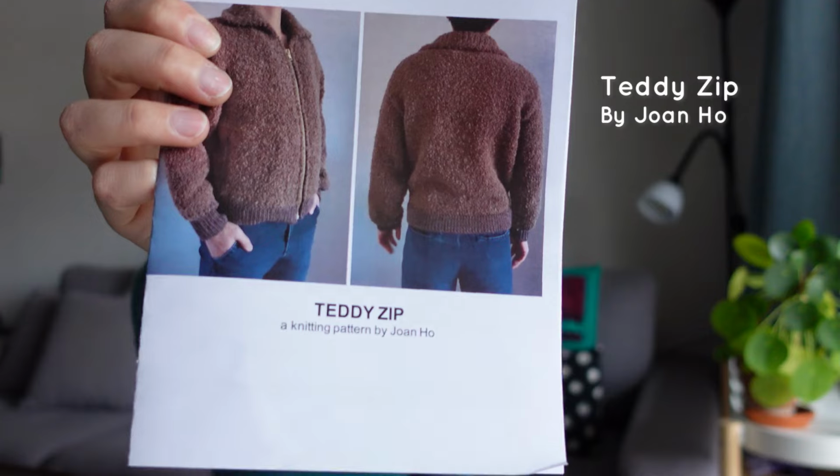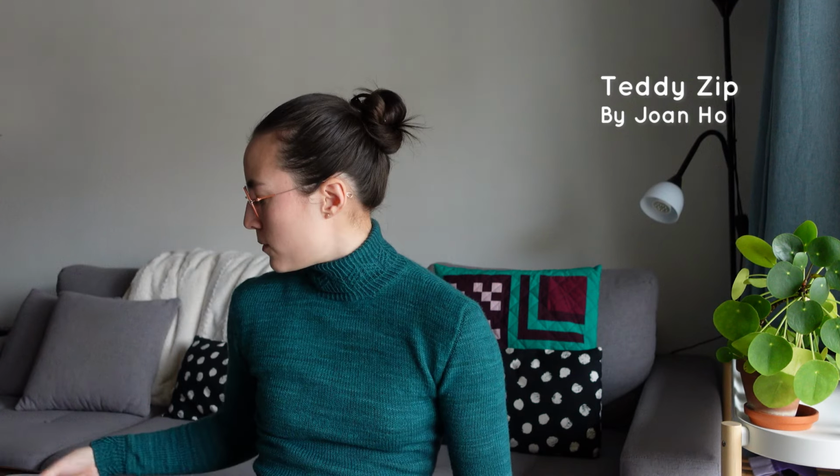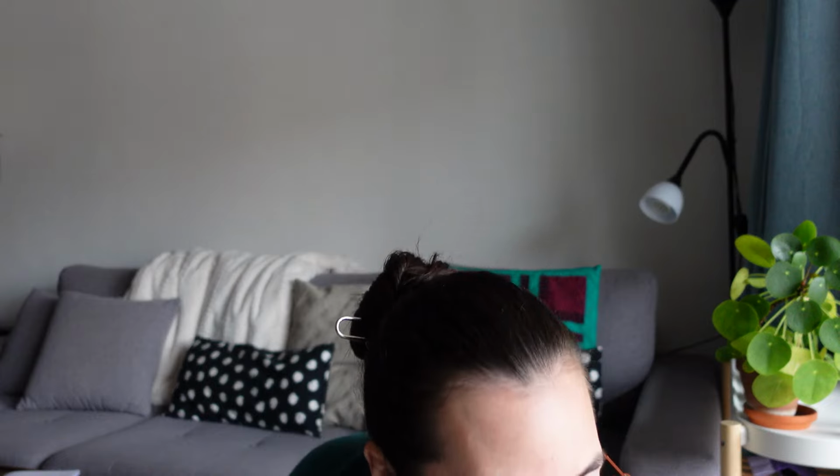which is actually not bigger because I have just started it this morning, so it's still at a very, very early stage. And it is the Teddy Zip by Joan Ho. I wanted to cast this one on for a long time. I have talked about it for quite a few episodes now. I have shown you the